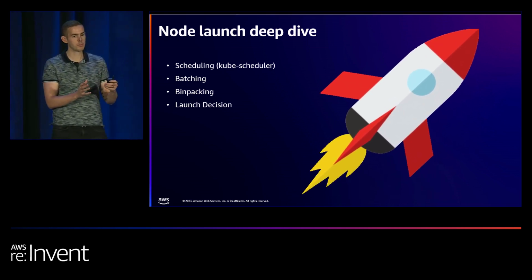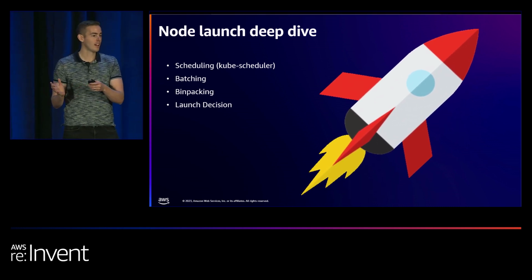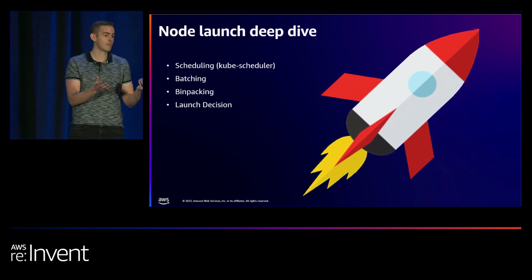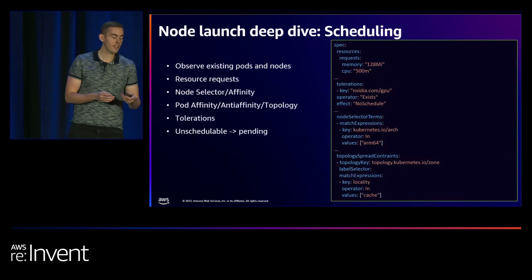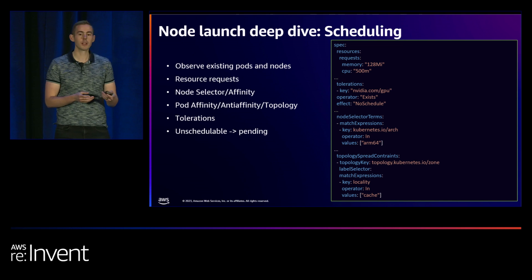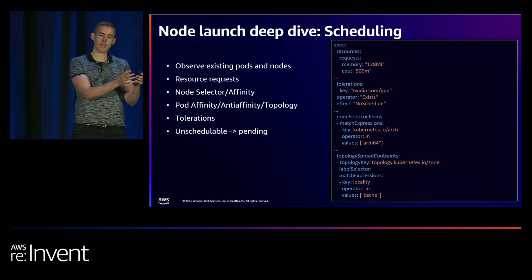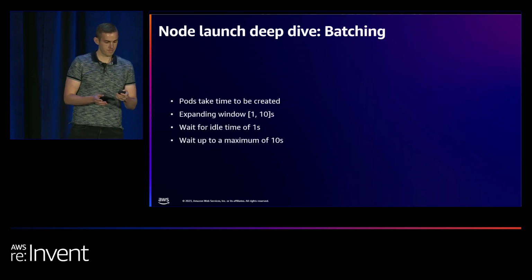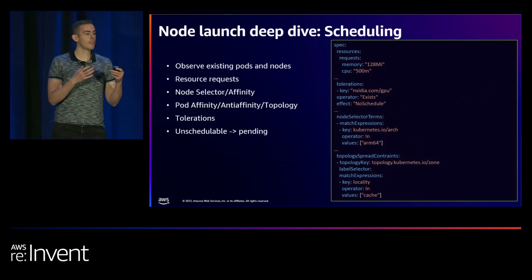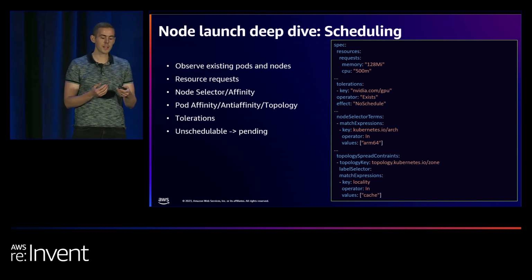Kube scheduler is responsible for allocating existing capacity, and Karpenter launches new capacity when that existing capacity has no longer any space left. So in scheduling, there's a lot of things going on. Kubernetes has a very rich scheduling language for how you run your containers, how you run your processes on the underlying compute. The kube scheduler looks at pods and nodes, and it looks at a set of configuration, the resource requests,